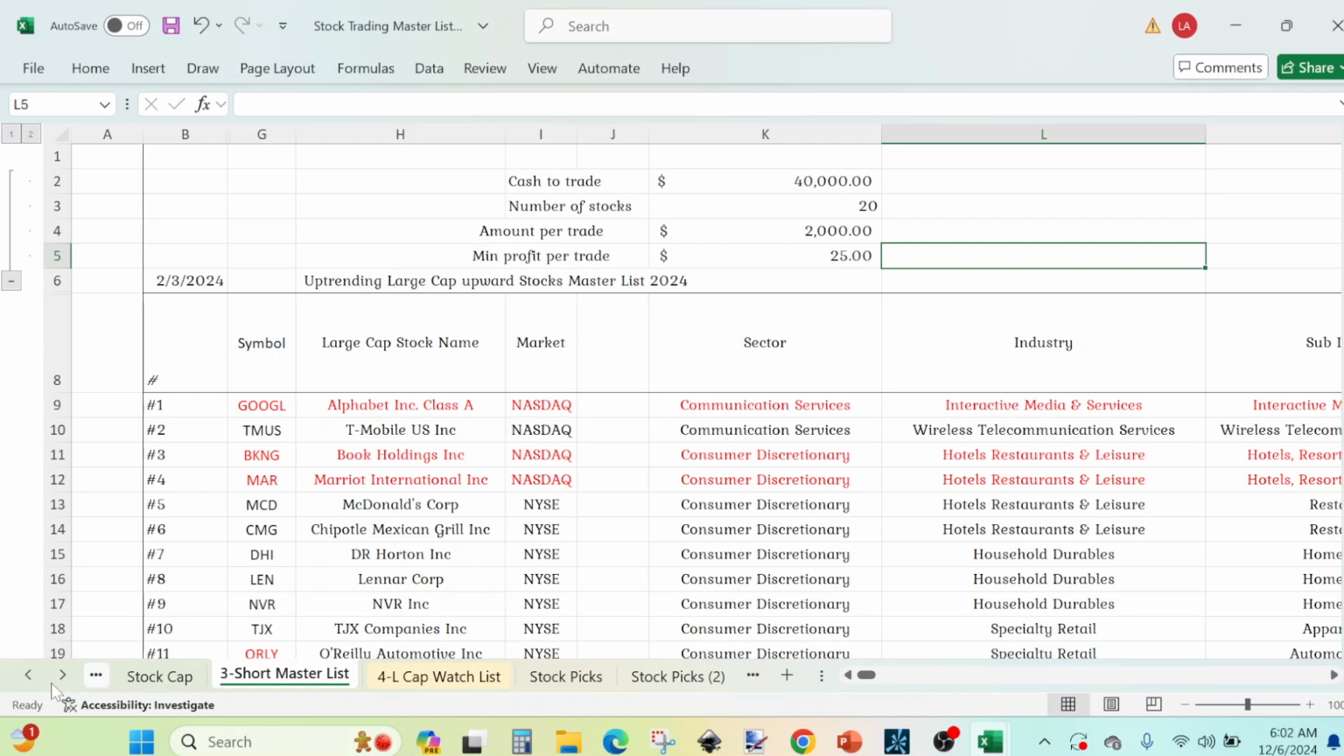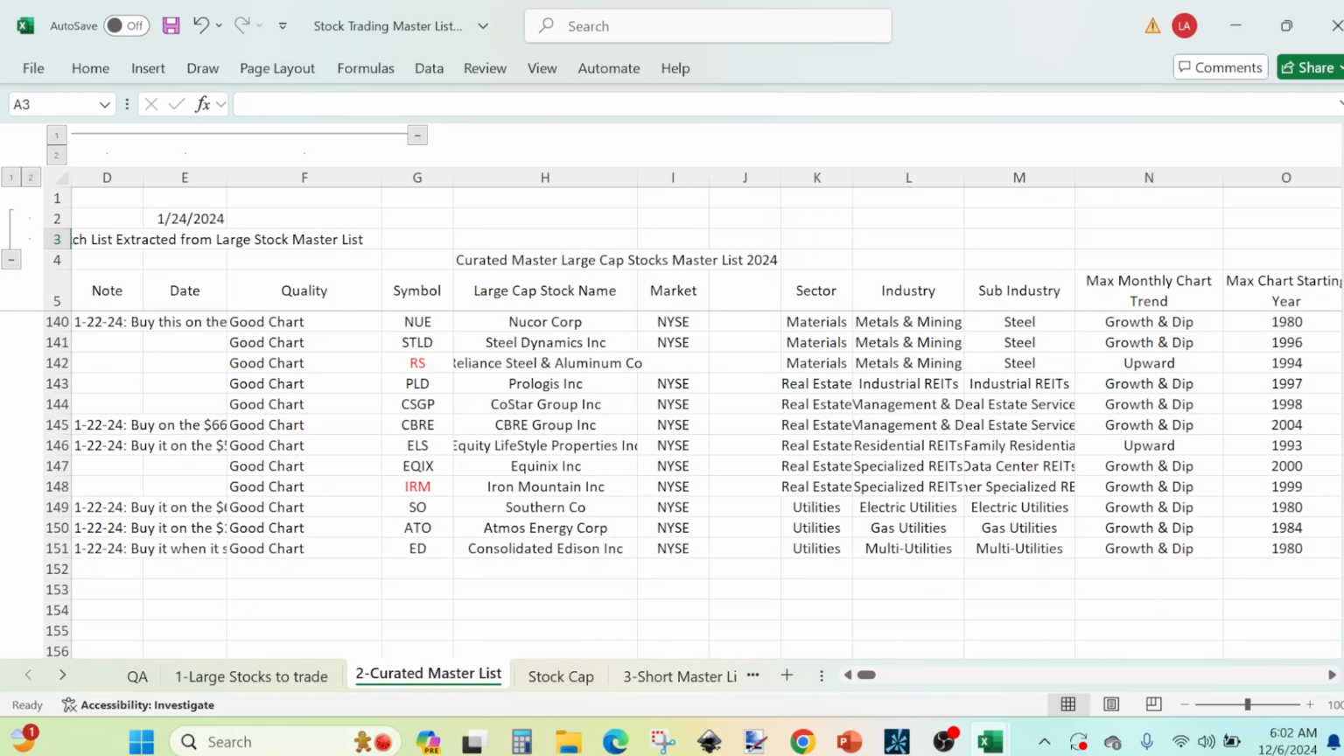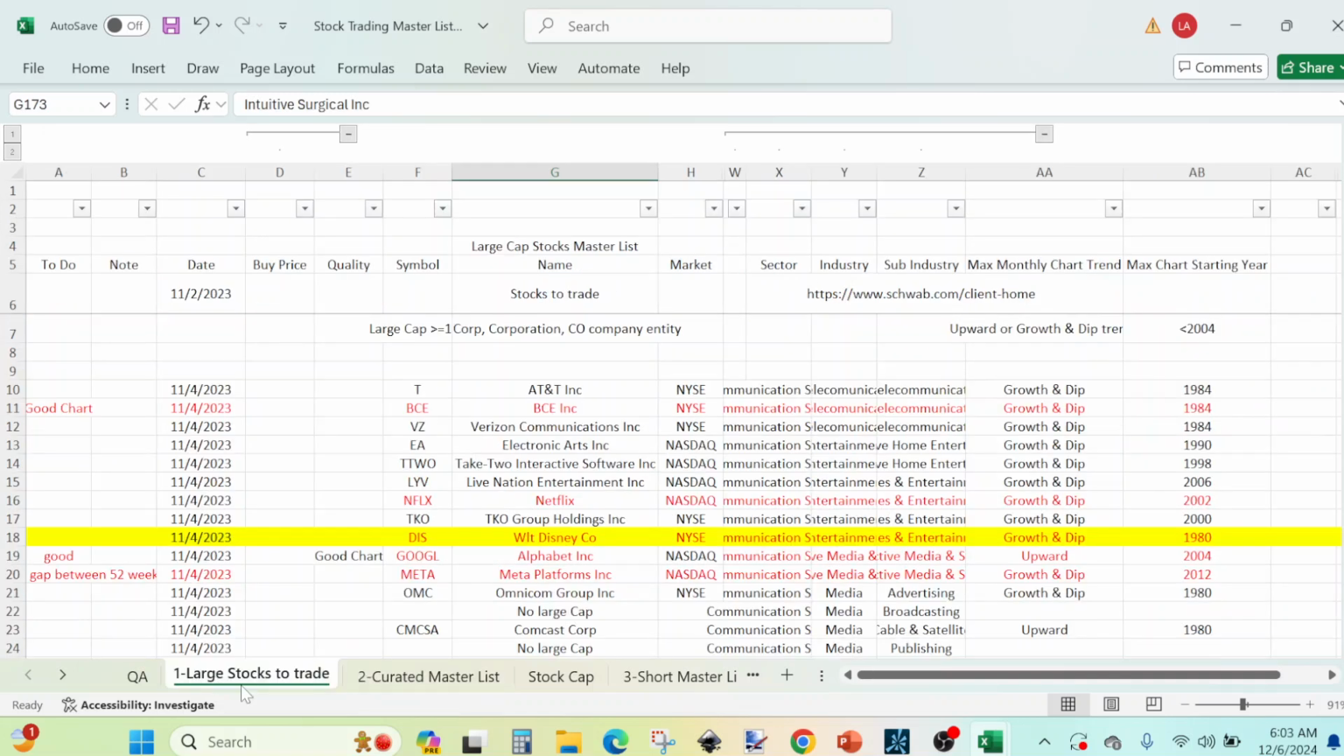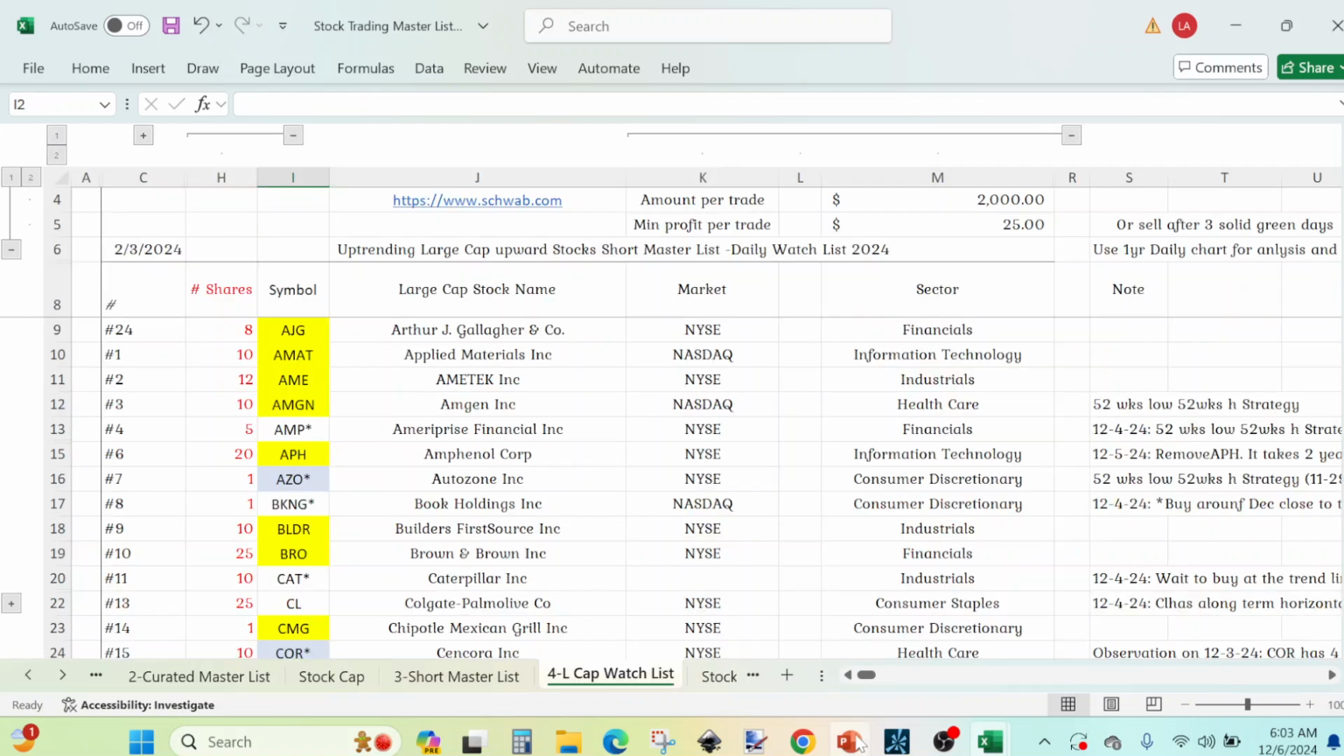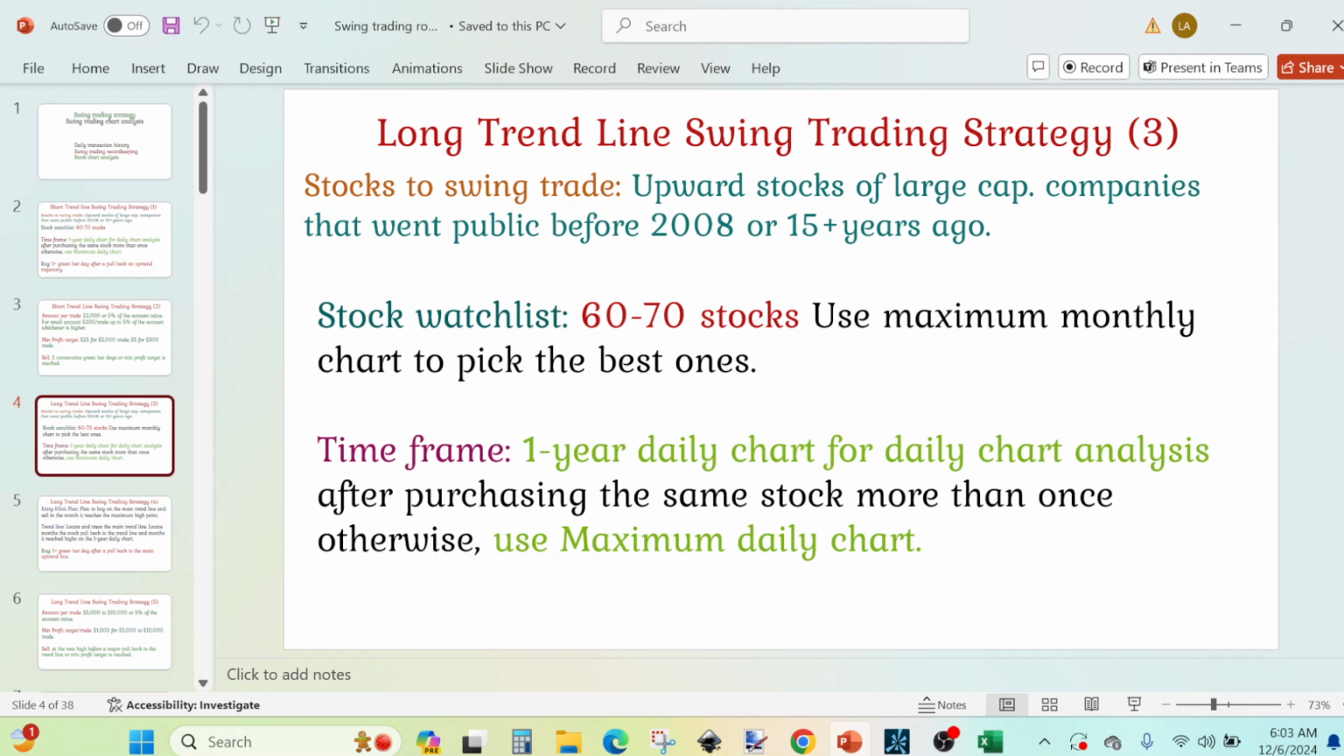You know, but we pretty much started with a larger to a smaller to smaller, and make a copy of that we trade during the year, and about 60 of them. And the time frame, we use 1 year daily chart for our daily chart analysis, but today we use more